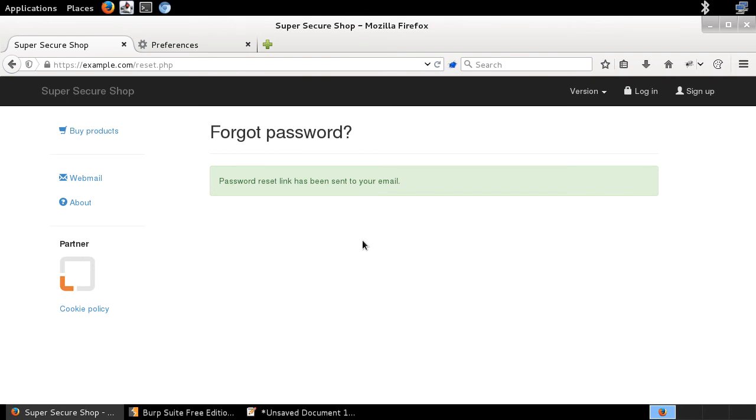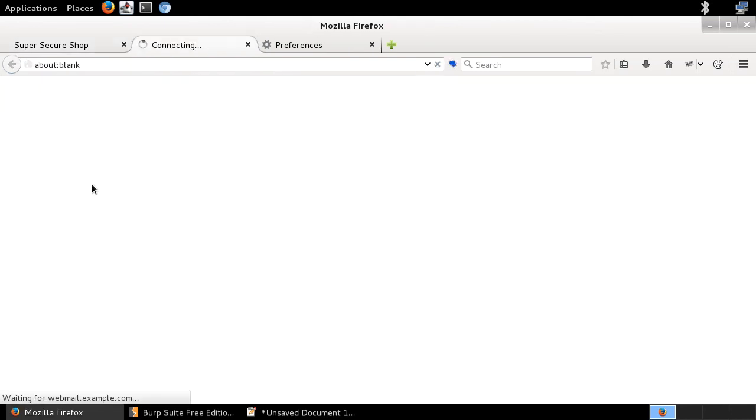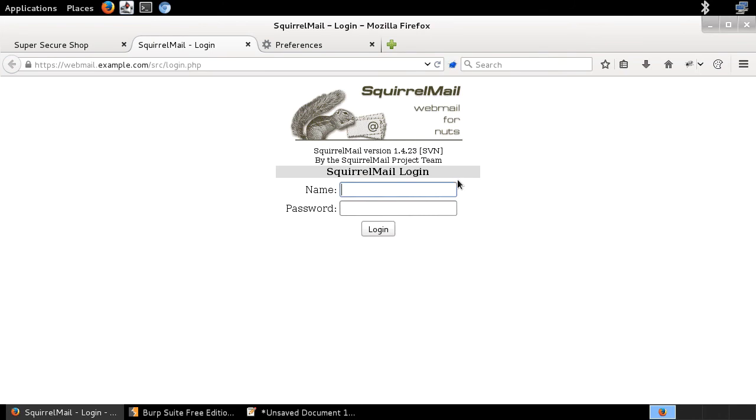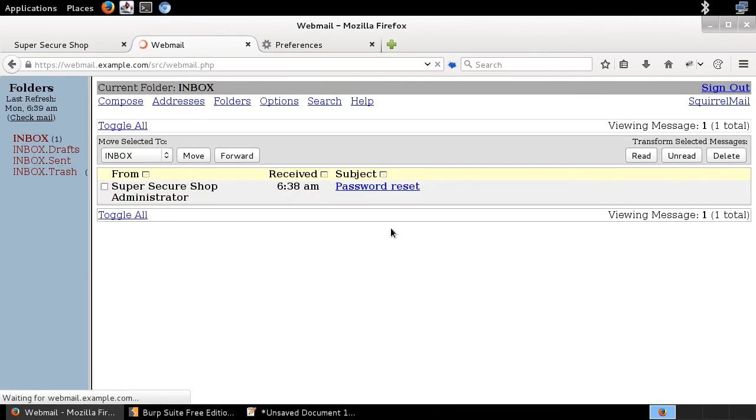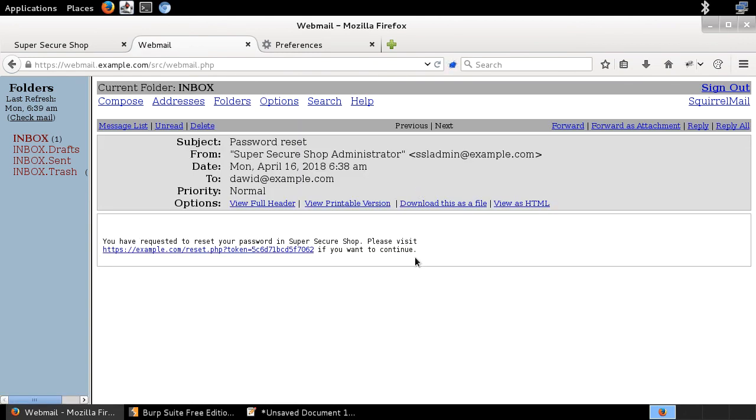Okay, that's cool. Let me go to my mailbox right now. I'm going to log in, and so you will see that indeed I have received the password reset link. Yes, indeed, it is here, and the password reset link actually is here, right? So it's inside of the email. So now I'm going to click this password reset link, and I'm going to show you how this automatic leakage of password reset link can happen. So let me click it,